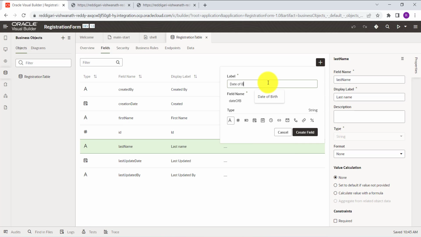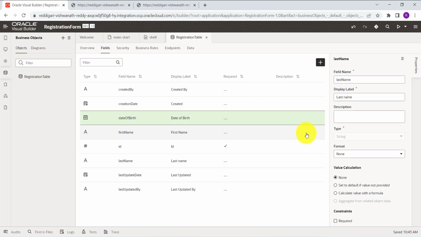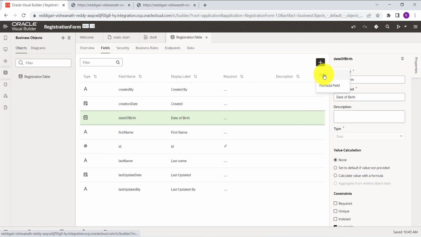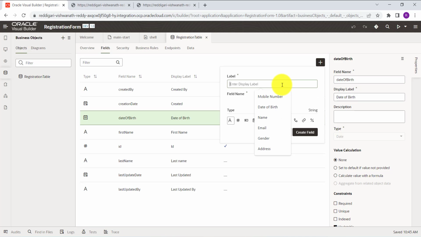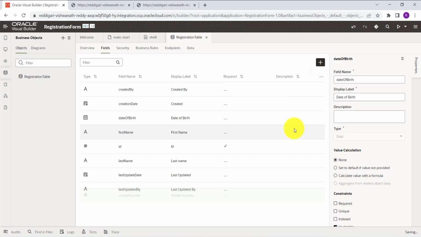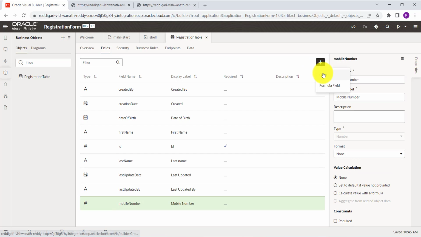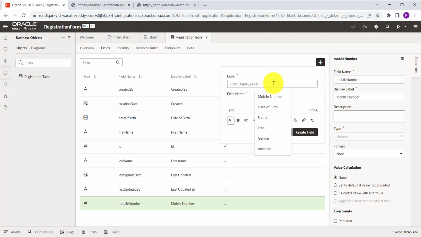Date of birth. So here I'm taking it as date field and click on create field. Now we'll create a next column as mobile number, and I'm taking it as number data type. And next we'll create email address,